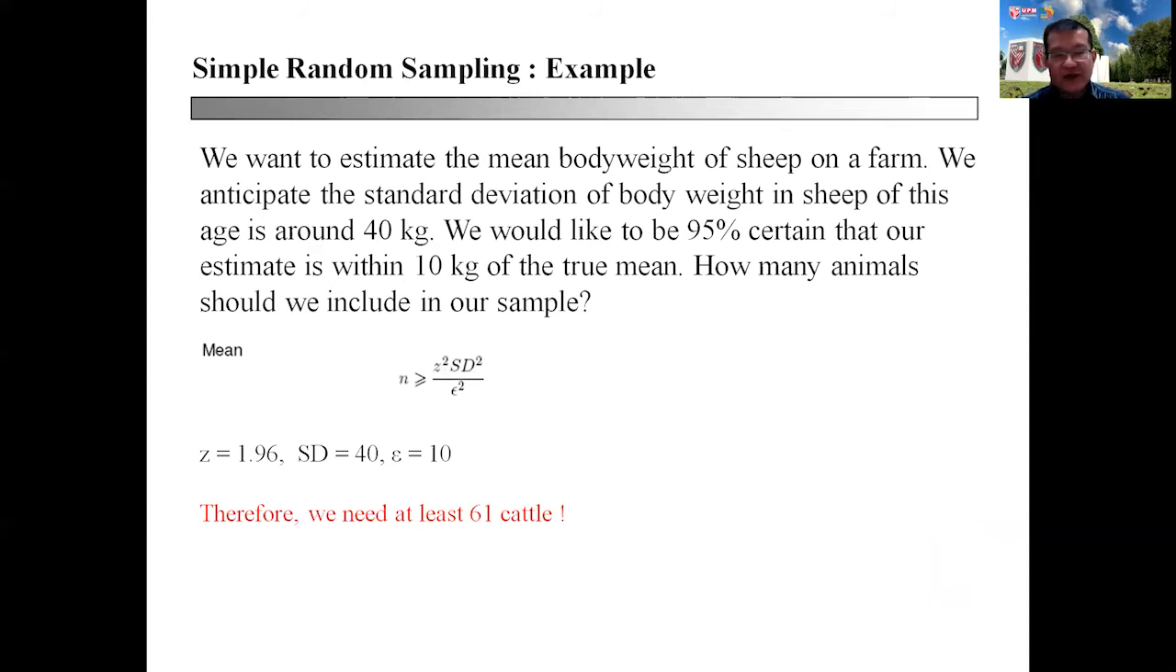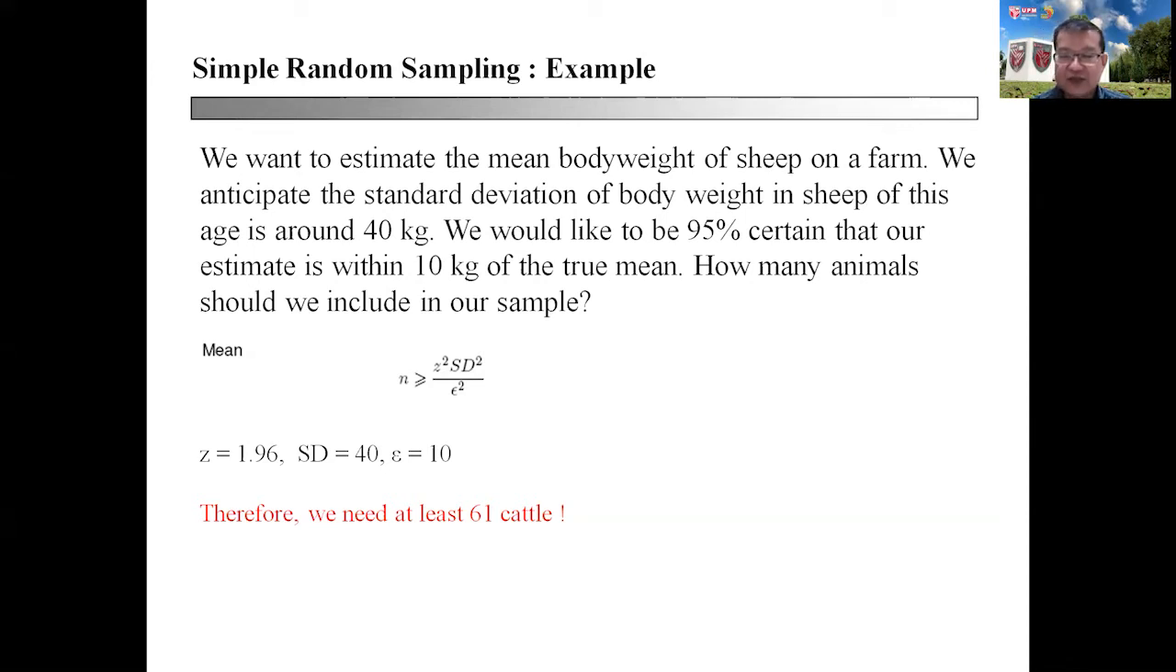Example application number 1. For example, you want to estimate the mean body weight of sheep on a farm. We anticipate that the standard deviation of the body weight in sheep of this age is around 40 kilograms. We would like to be 95% certain that our estimate is within 10 kilograms of the true mean. So how many animals should we include in our sample? This is an estimate whereby you want to determine a value, a total, or anything else that you want to be accurate within